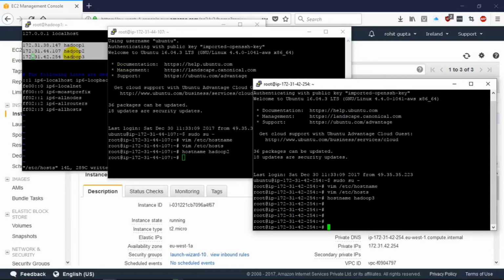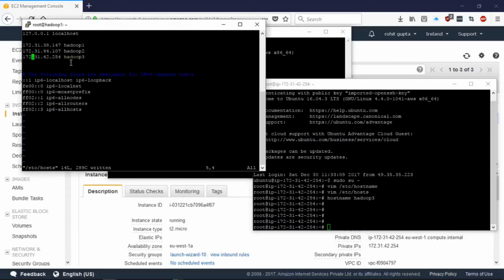So we have made entries of all the newly created hosts, EC2 instances, into all three